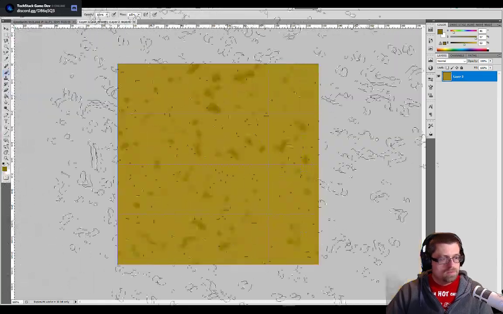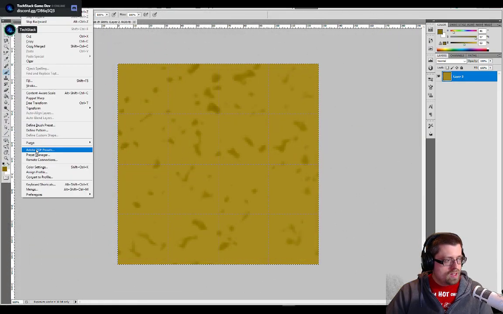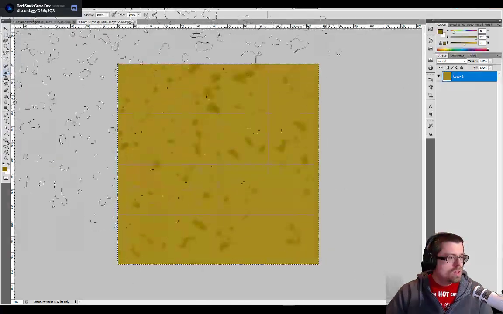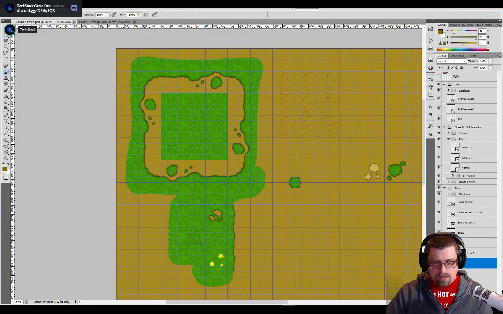Let's cheat. Let's grab all of that, Edit, Define Pattern. Dirt. I'm going to grab my dirt layer here. I'm going to do G, pattern, my dirt one. Fill the whole thing. Okay. Then